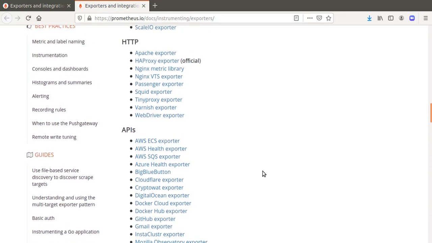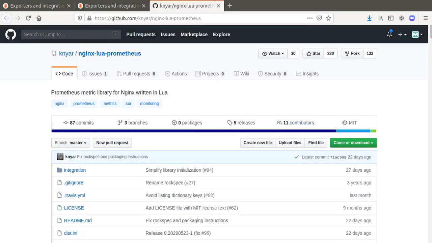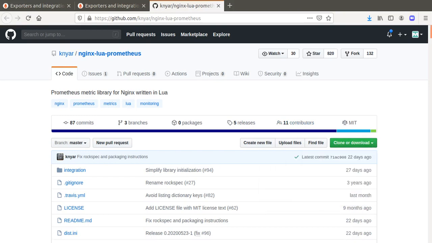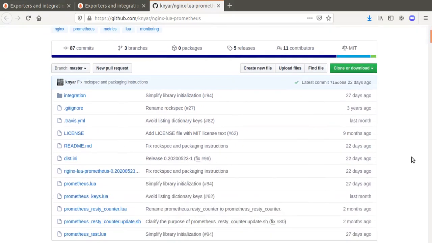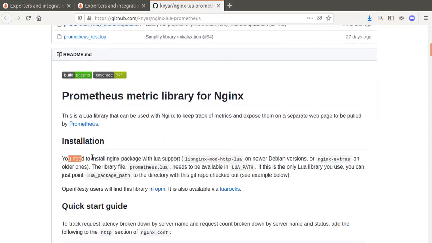So here is the link for exporter. You can download the zip file from here, and I already downloaded this, and this document shows that you need to install Nginx package. So this is the package you have to install.